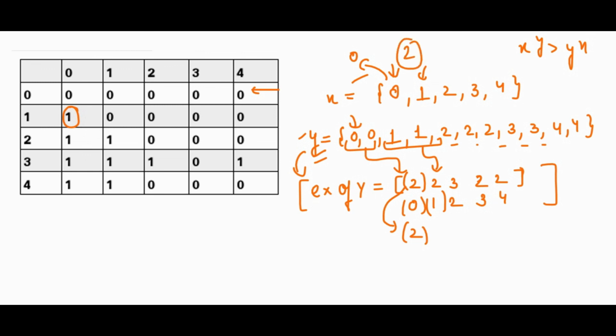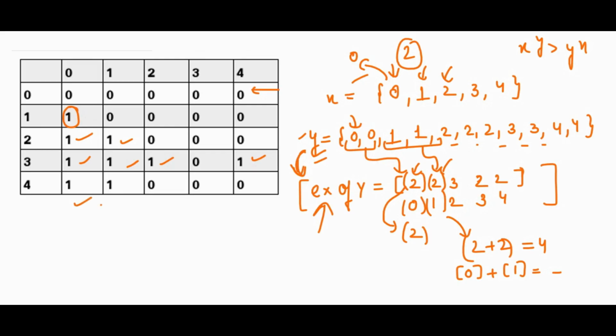When we come to the second index, we have to see how many zeros and how many ones are present. We have the number of zeros as 2 and the number of ones as 2. So from the exception of y array, we just have to return 2 plus 2, which is 4, that is index 0 plus index 1. Similarly for 3, we have to see what is present at the 0th index, first index, second index, and the 4th index. We have to just sum them and return it. Same with 4.